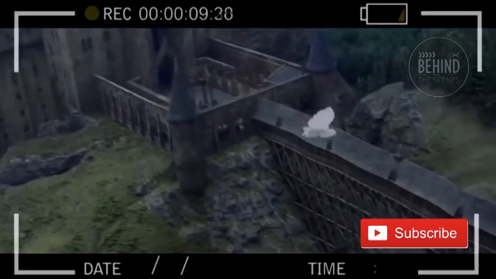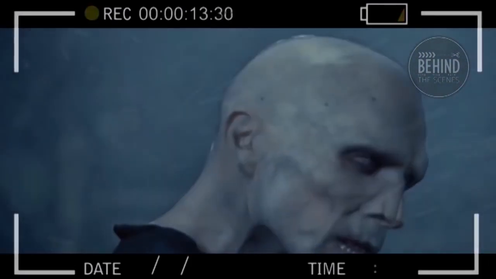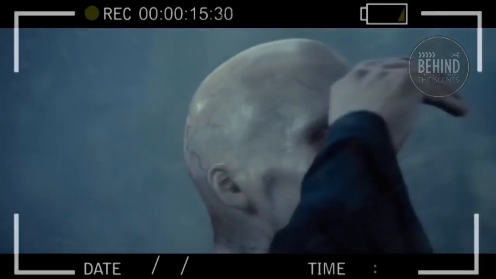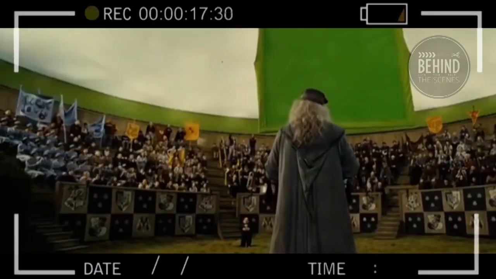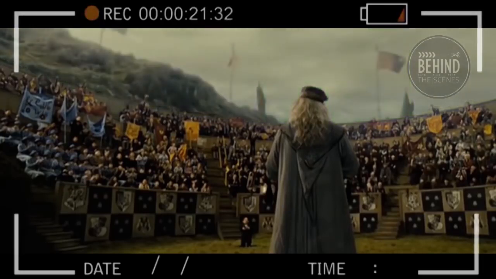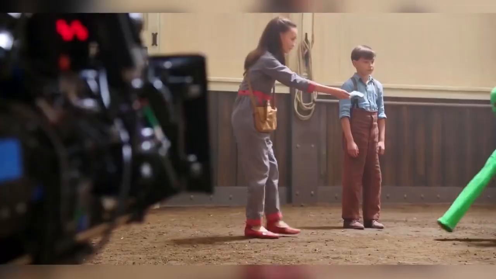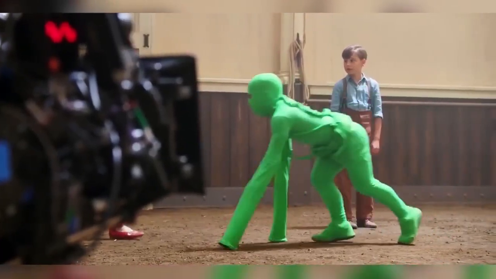The answer to this is because green and blue are colors which are not found in the shot most of the time. This chroma keying technique is not just used to change the background, but also to remove an object or a person from the shot. This technique was also used in the Harry Potter movies to make the invisible cloak, and is also widely used to remove a person wearing a green screen suit from the shot.